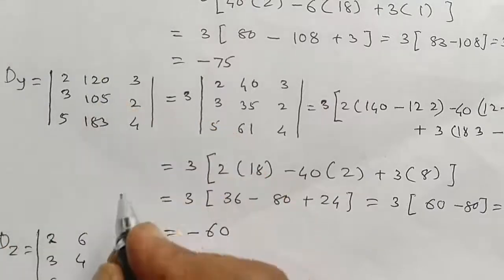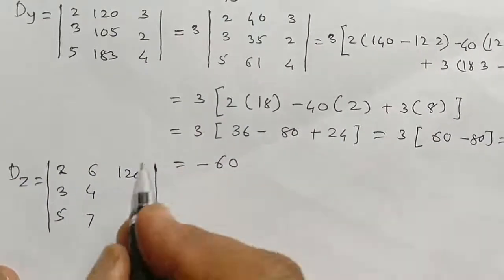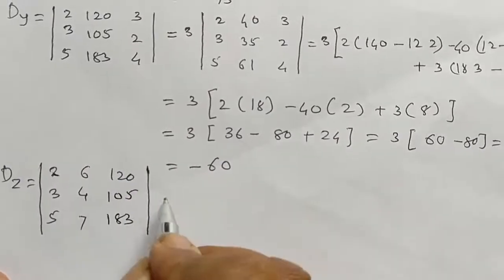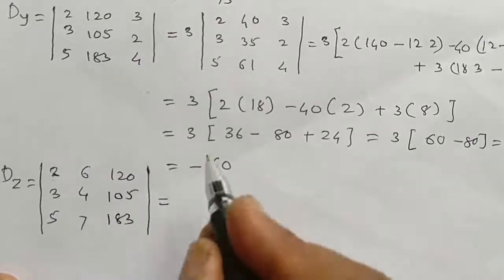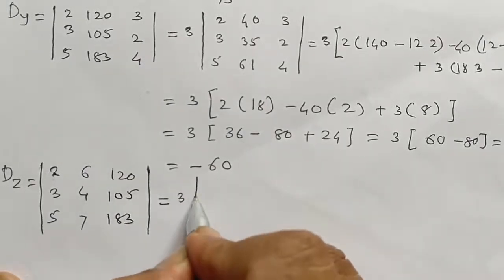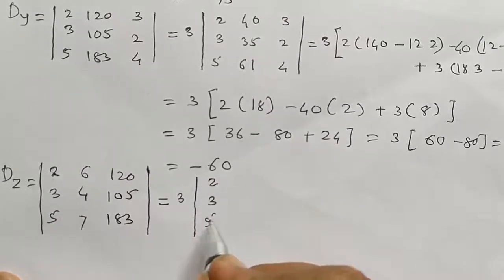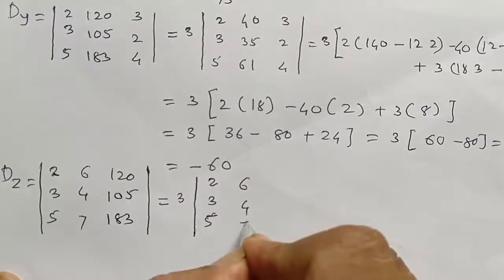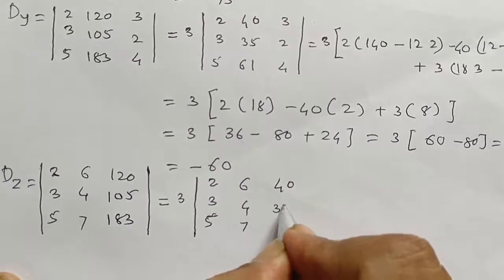Third column is replaced by the constant term 120, 105, 183. It is again third column is multiplied by 3, so we can take 3 common, 2, 3, 5, 6, 4, 7, 40, 35